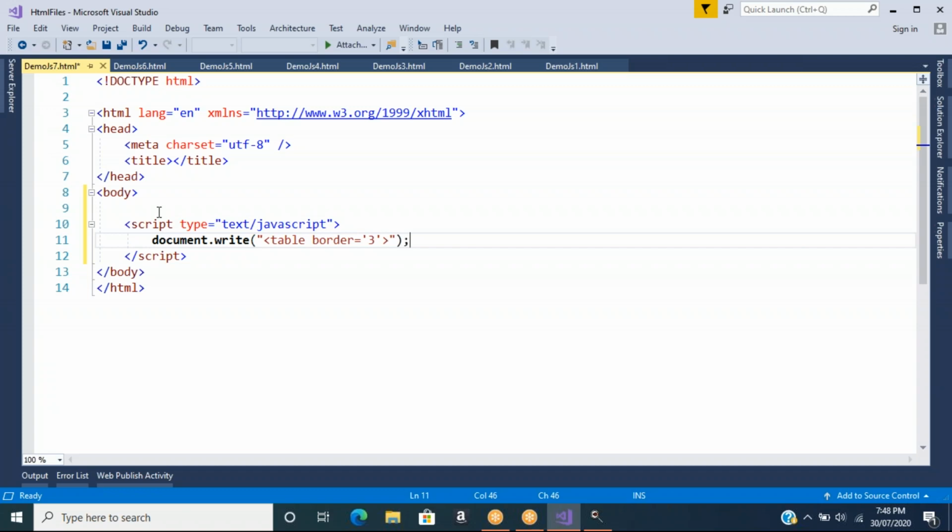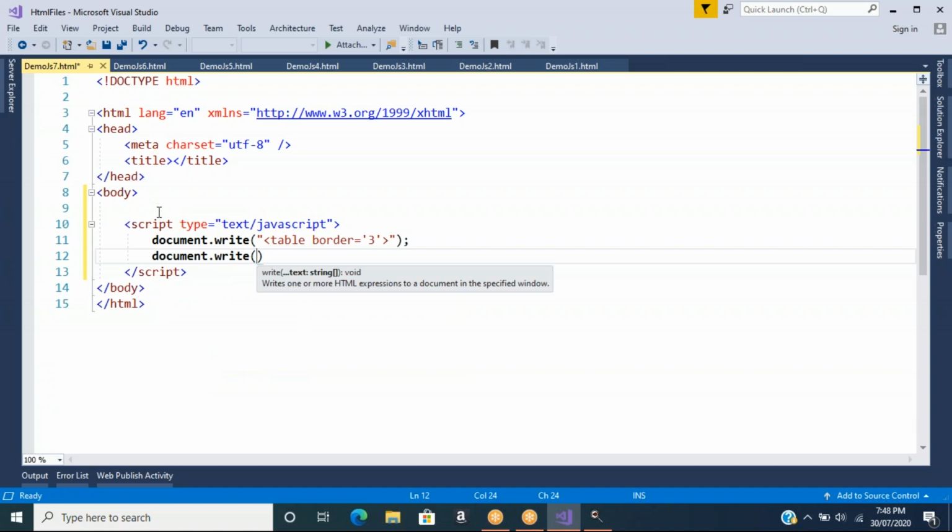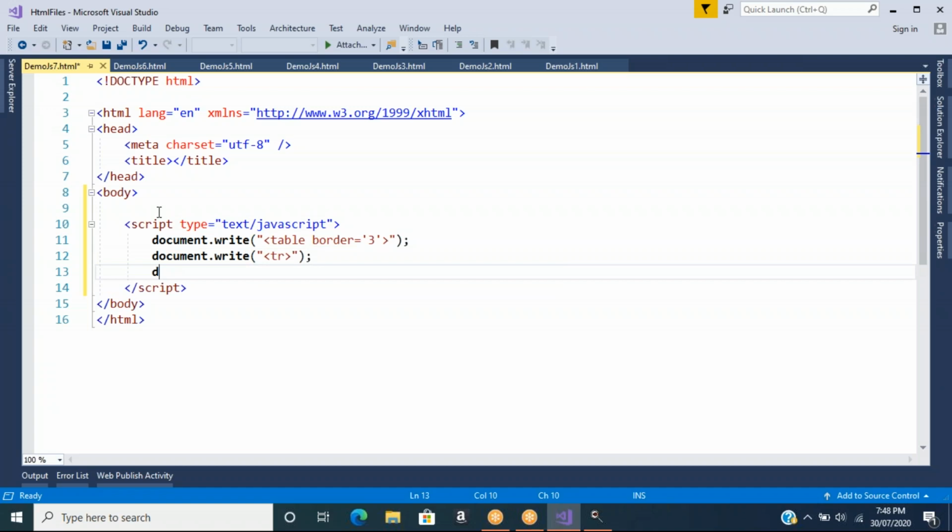Okay. Next, again write document.write, I'll say table row, semicolon. This is table row. document.write("<td>" + 8 + "</td>"); semicolon. Again,